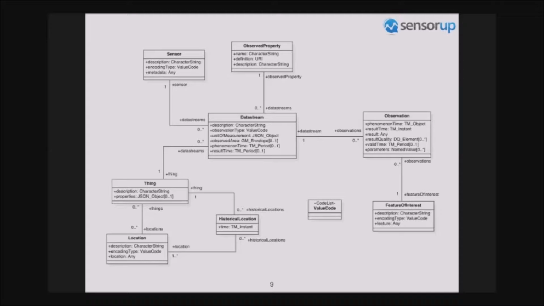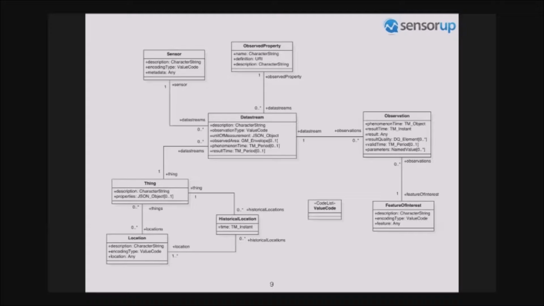Each fin in this data model has 0 to many locations. I think it makes sense, right? Everything has a location. But why does this data model have many locations? This is very innovative in this spec, because every fin has a location, and the location can have different representations. For example, let's say we have a